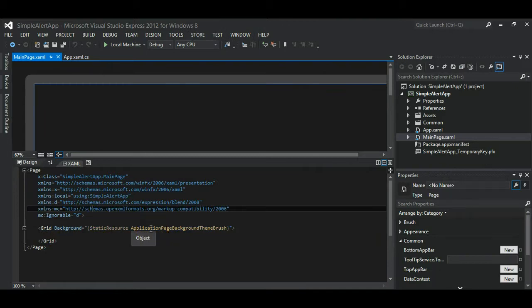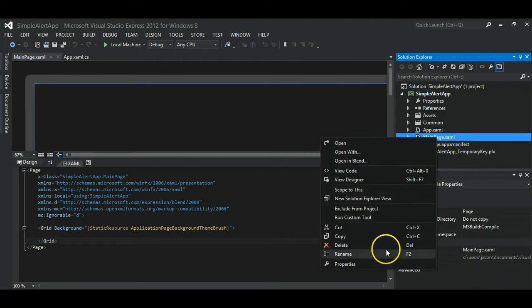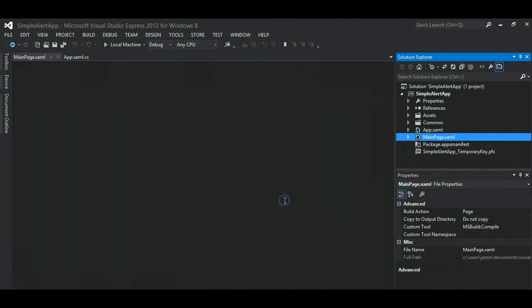Pretty much it looks like an XML file, with tags, or it looks like an HTML file. What we have at the upper element is a page element, and in the page element we have a grid. All this describes how the user interface will look. Now, this being a blank page, it has nothing. So what we have done previously and could do now is delete it,